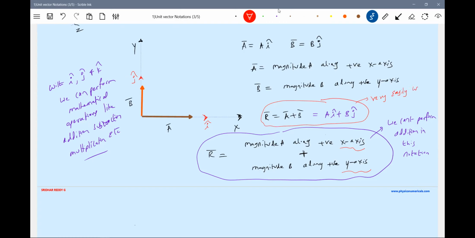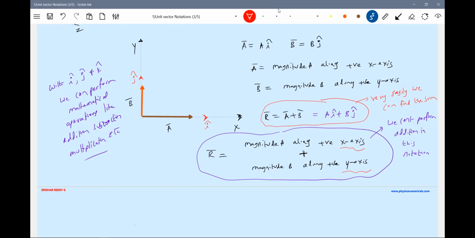Very easily, we can find the sum. Okay, are you getting it now? Our final target is to step into vector algebra, and that is what the unit vectors are going to help us with. So this was the main thing I really wanted to convey here.